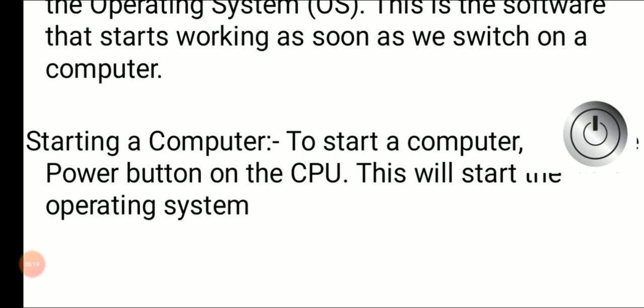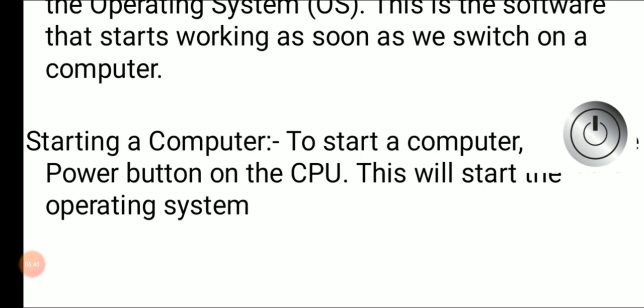BIOS stands for basic input output system. A power on self test is done by the computer, in which it checks all its input and output devices, all its hardware and software, to see whether everything is working perfectly or not.